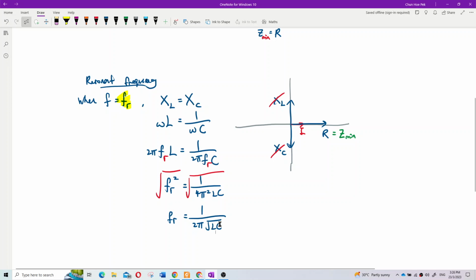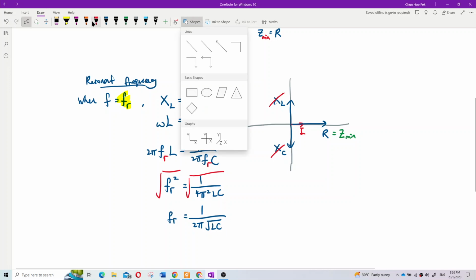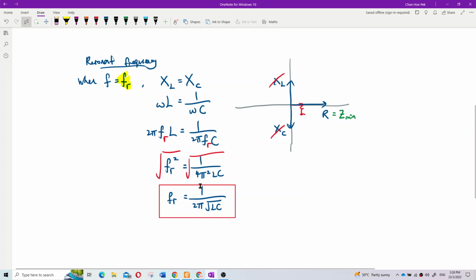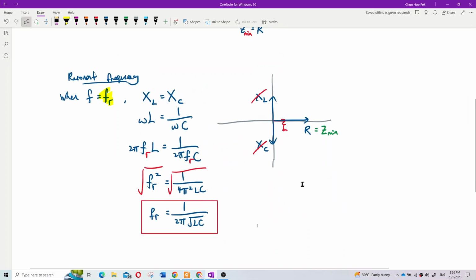Okay. So this is the formula for resonant frequency. You can calculate the resonant frequency using this formula, 1 over 2 pi square root LC. One more thing, based on the formula,